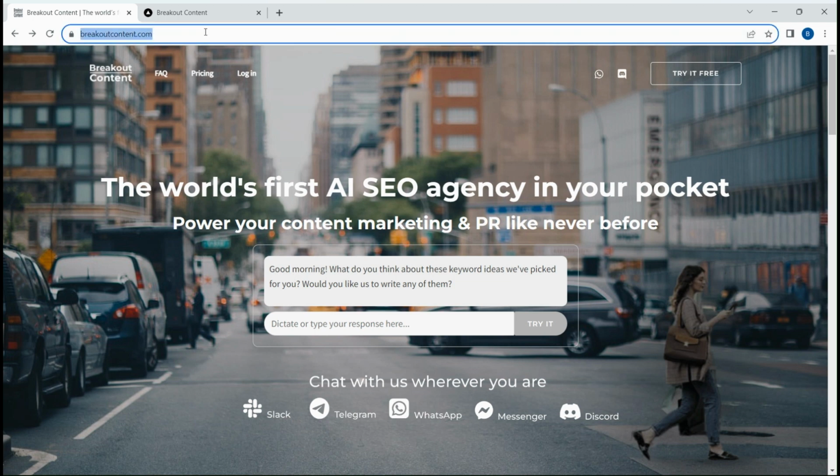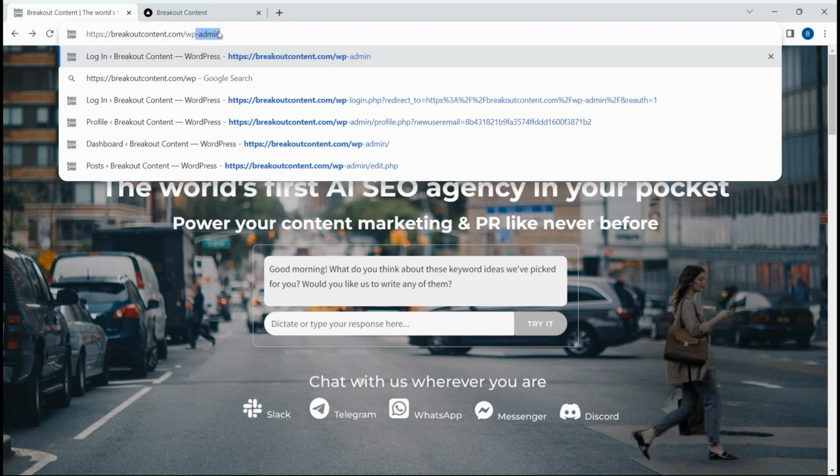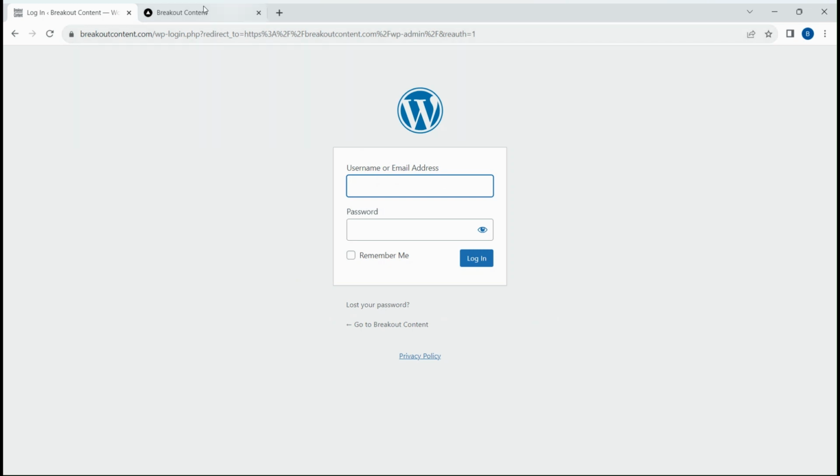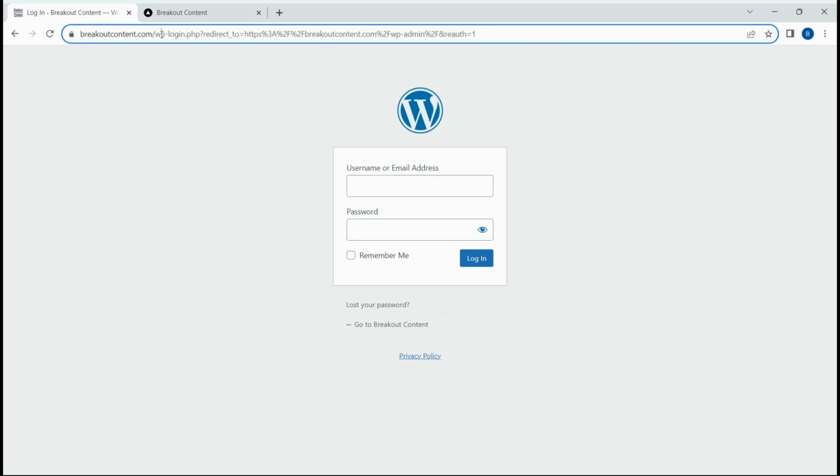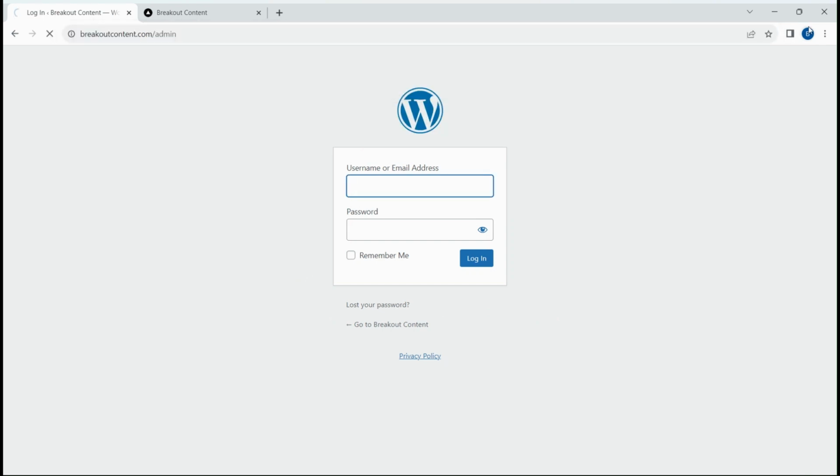Hey, so today we're going to show you how to create a WordPress application password. The first thing you do is go to wp-admin. Alternatively, you can even say -admin. They usually take you to the same spot. Then you log in,